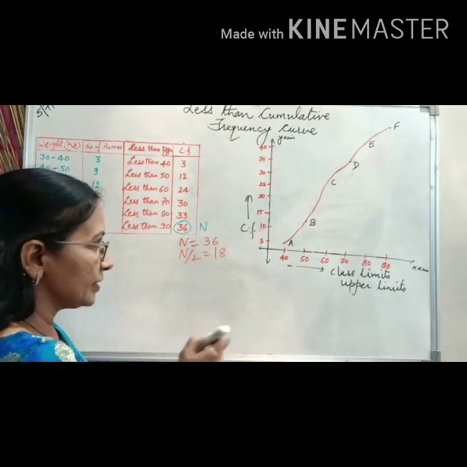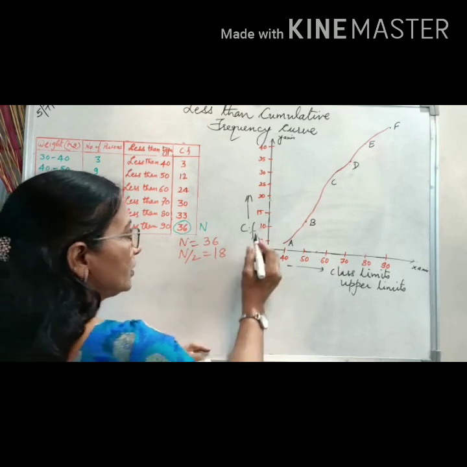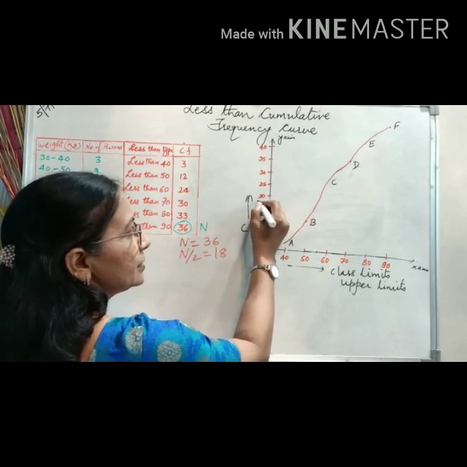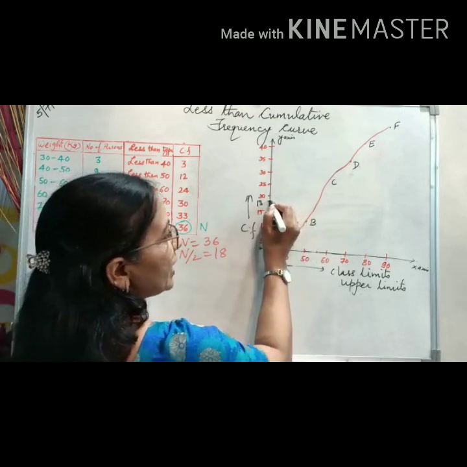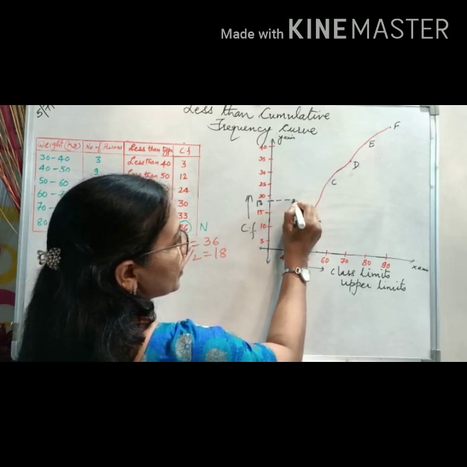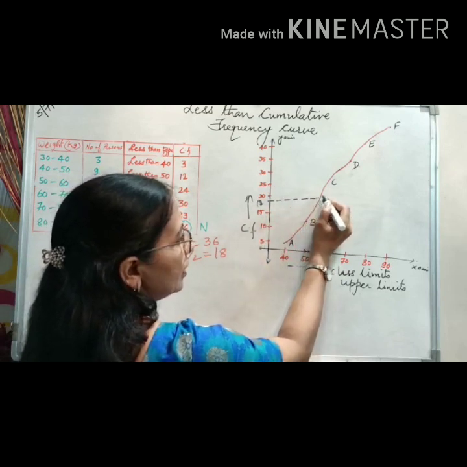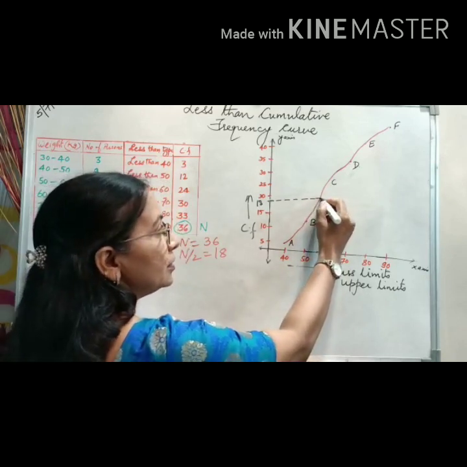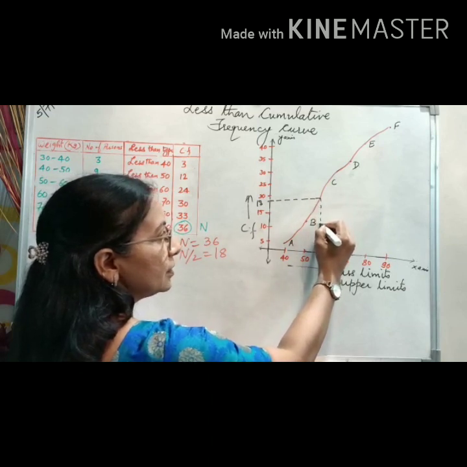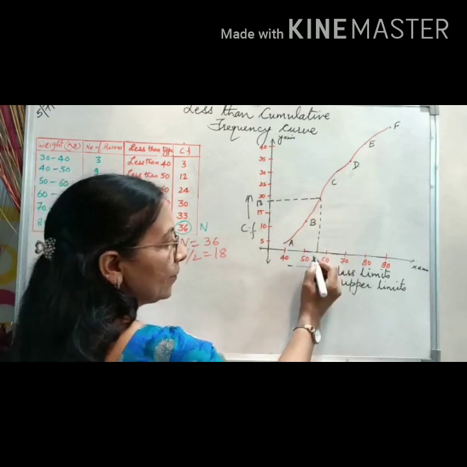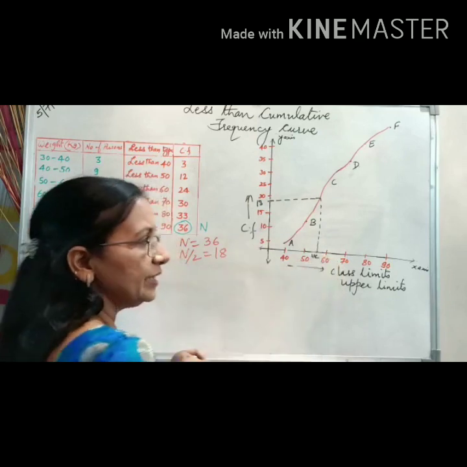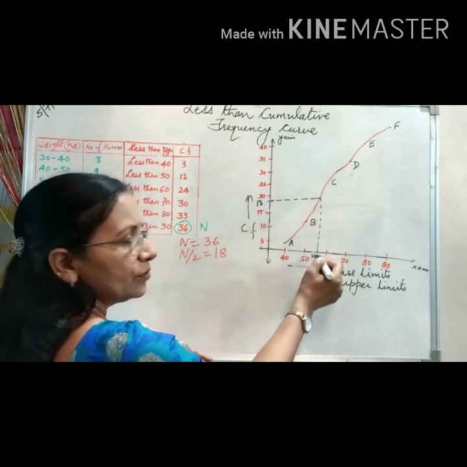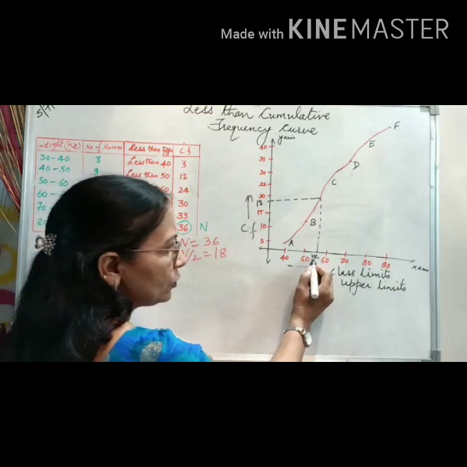So along the y-axis, along the cumulative frequency values which we have plotted, we will take the value of n by 2. Approximately it may be here, that is 18. Okay, so from 18 we are going to plot the perpendicular on the ogive, and wherever it intersects the ogive, we will be plotting the perpendicular here. So this is going to be the point, the median. Okay, so we'll plot the perpendicular along the ogive, and from the ogive we will plot it on the x-axis. So this is the median.